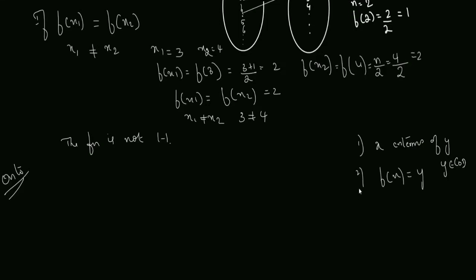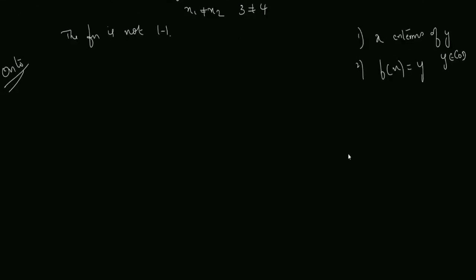So here f of x is given as (x plus 1) by 2. It is given in terms of n, I will change it later. That means here y is (x plus 1) by 2. Write x in terms of y, that is the algorithm, right? x in terms of y. So x is equal to 2y minus 1. Now it is given in terms of n, so I am going to change x as some n and y as m.